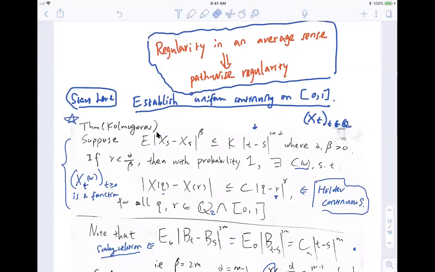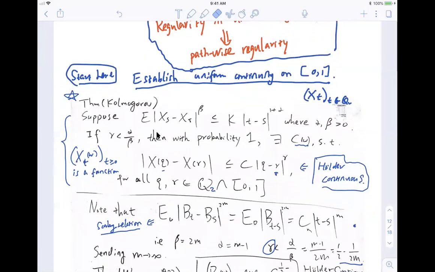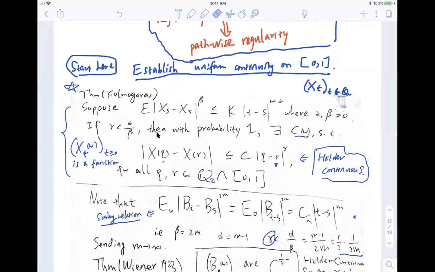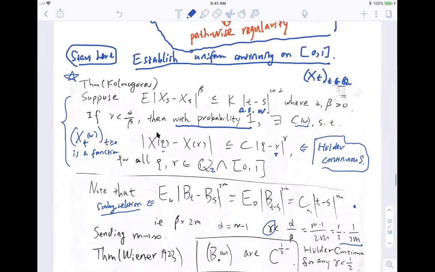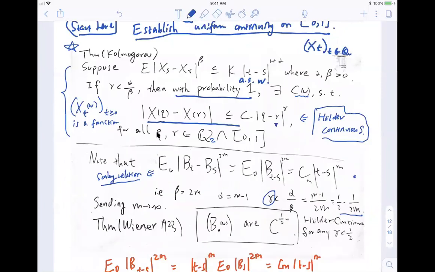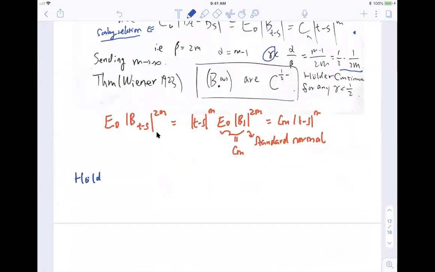But this is only continuity in the average sense. What we want to get is the following: almost surely, for almost every trajectory omega, we can show the Holder continuity. So this is just the Holder continuity. I just write it here. So what is Holder